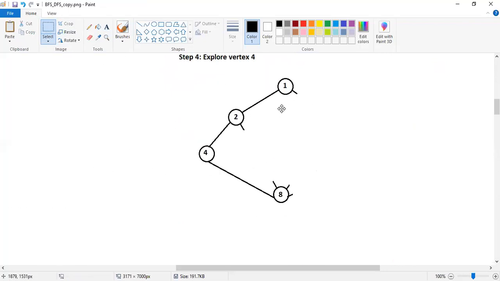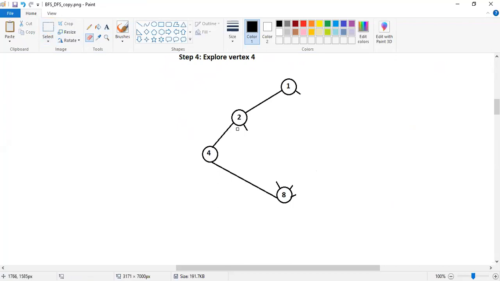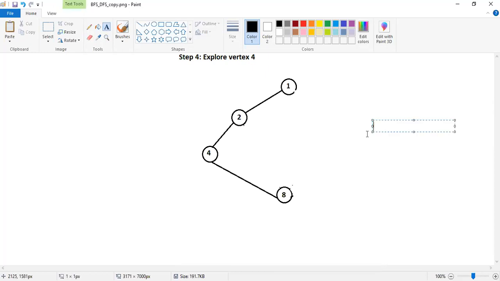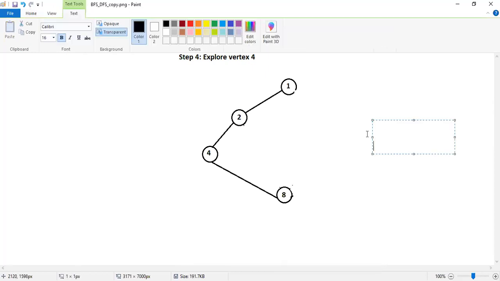So I get something like this, correct? Now, what will our stack contain? The stack will contain at the bottom 1, then 2, then 4, and on the top we have 8. Right?